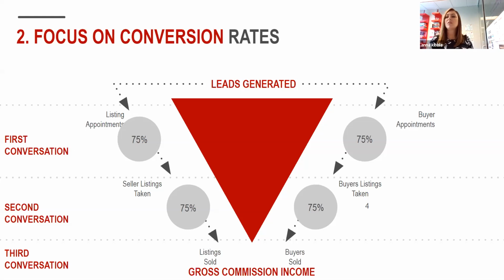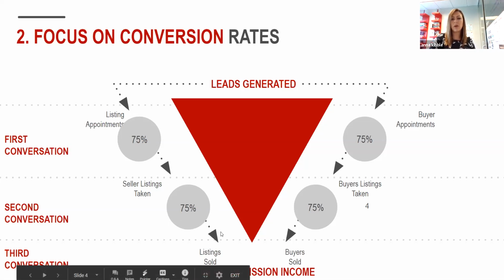On the seller side, these could be pricing or marketing pieces. If you take a listing that's priced too high, it may not sell, or it may not sell as quickly as another listing. If it's not in saleable condition, things like that could impact it. And sometimes there are some market related issues as well. Right now we can see some of those. There are definitely sellers who have not been able to move forward with the pandemic, or have been impacted by going under contract with multiple buyers, and maybe they're feeling a little bit of burnout right now. But those are pieces that are going to impact your conversion rates.